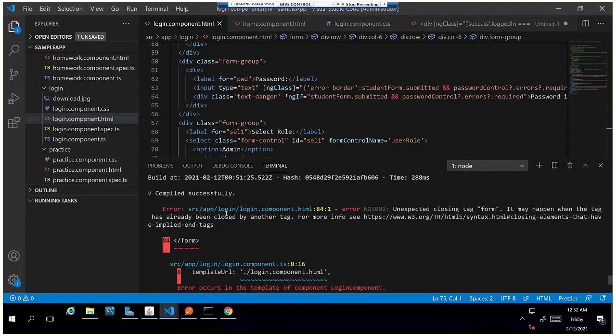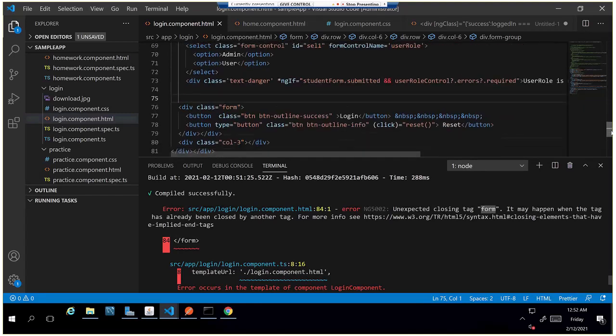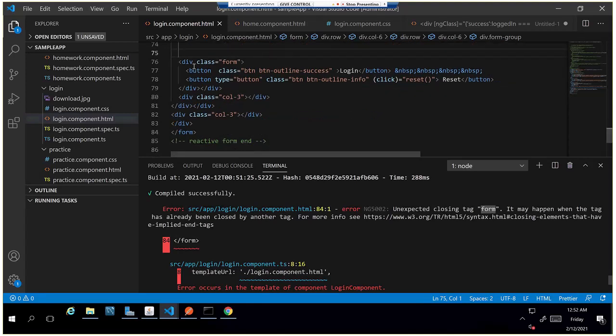Here it is showing in our console. The compile itself failed. Yeah, the form tag is missing, because it could not find the ending tag for this form, and it is showing the form tag is not closed. Yes, it will be successful.